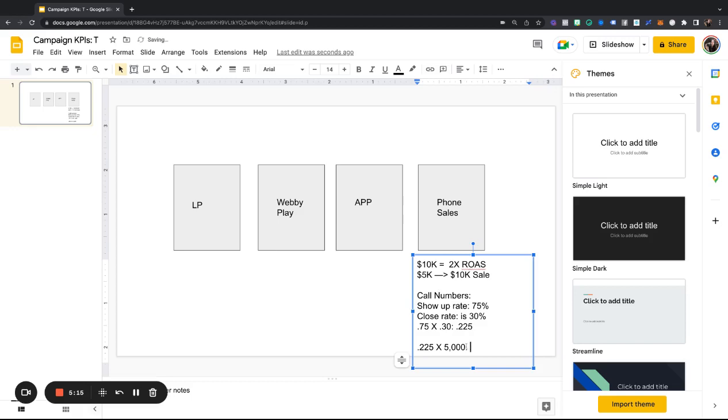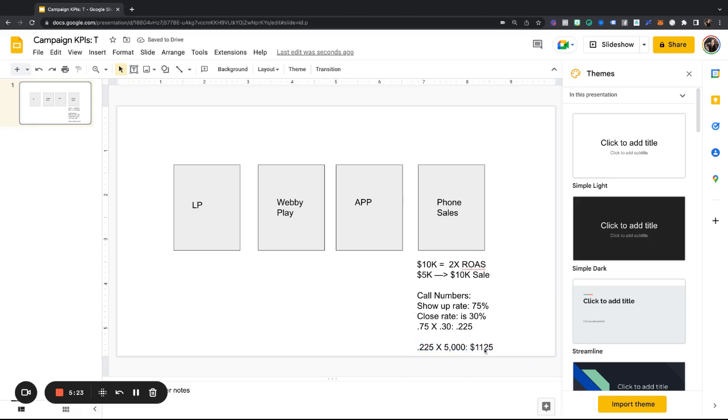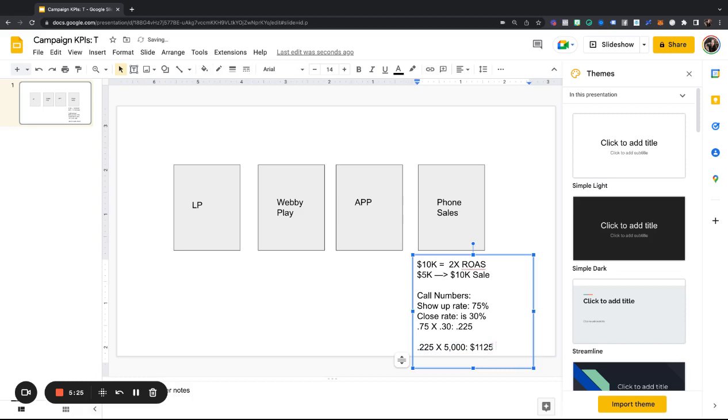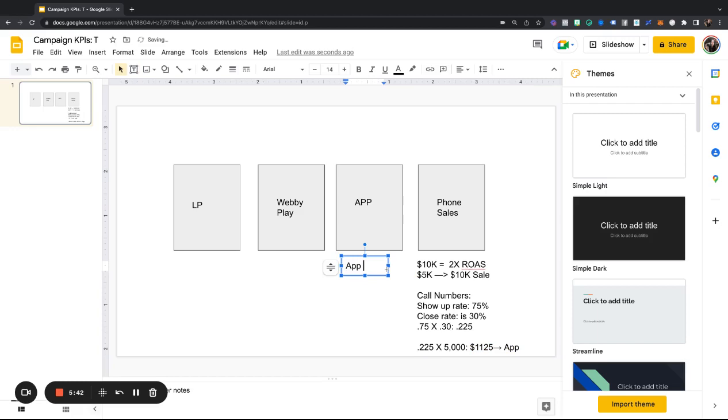So that is $1,125 per app. Okay. Now we know that our app goal